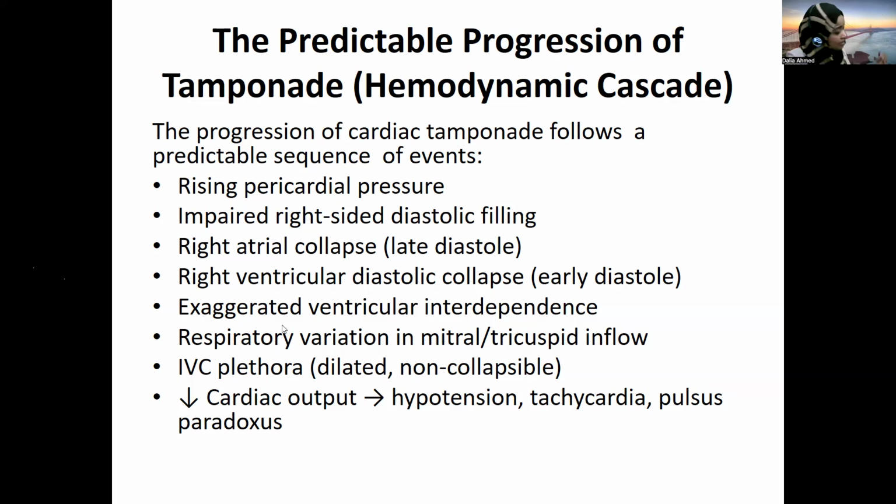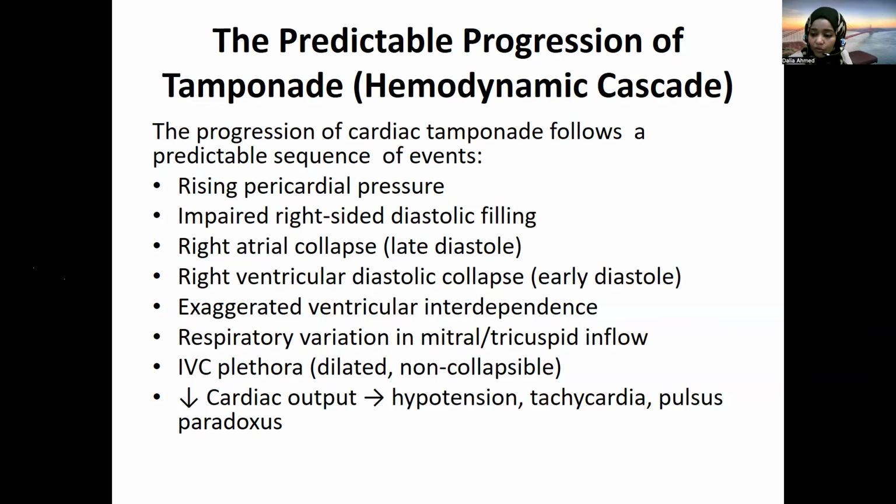Then we have the respiratory variation in the mitral and tricuspid inflow, and that's also reflected in the filling of the ventricle, right? So with the change in the filling in each chamber with respiration, that will reflect into the mitral and tricuspid inflow and the septal shift to each side. IVC is usually dilated and plethoric and non-collapsible, more than 2.1 centimeter and with less than 50%